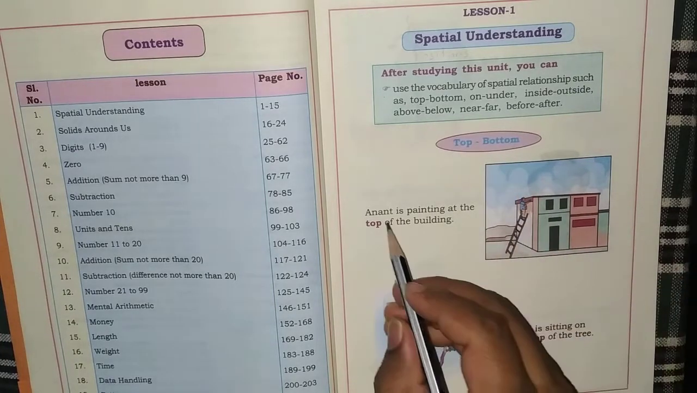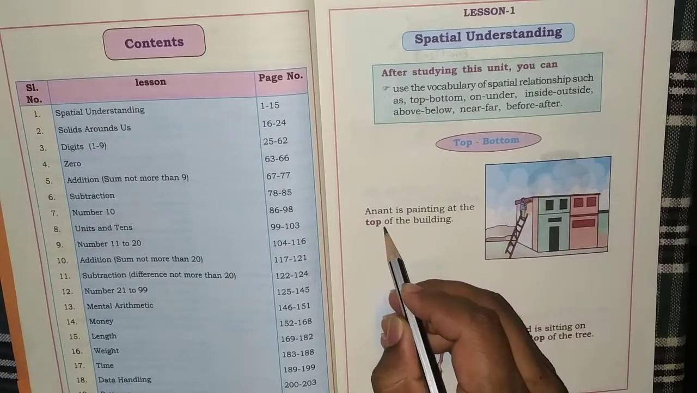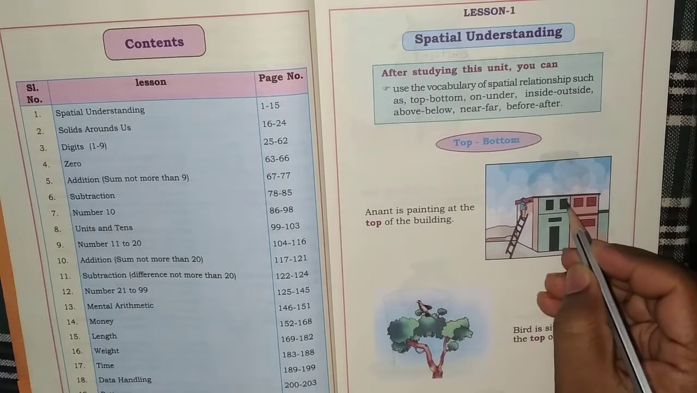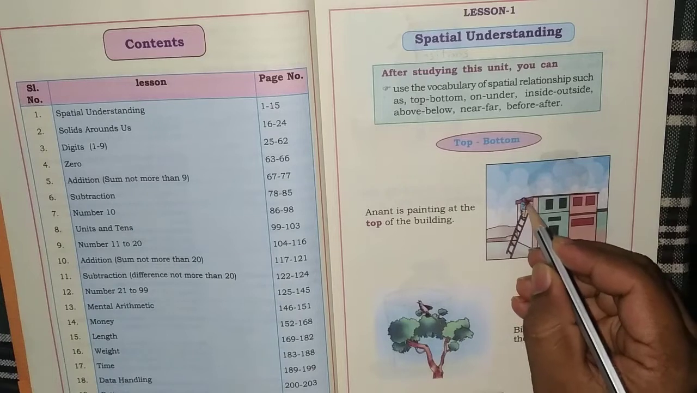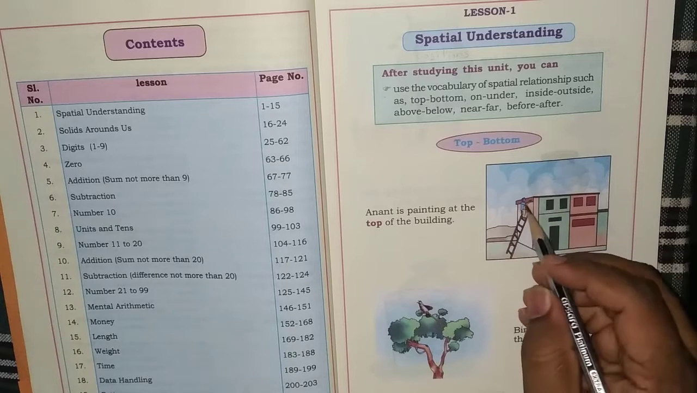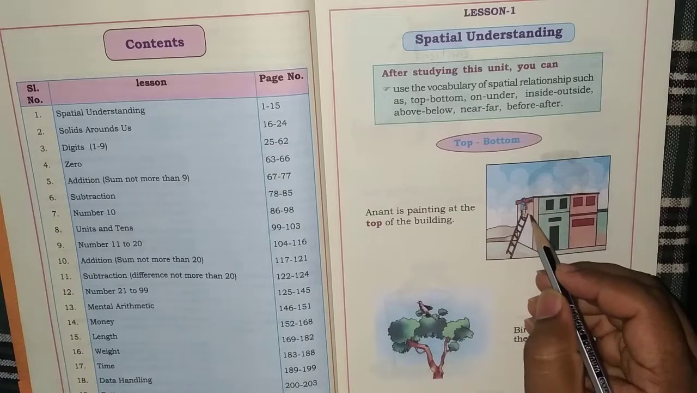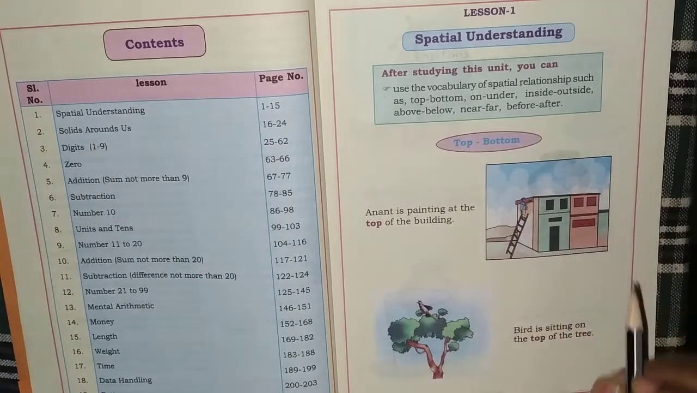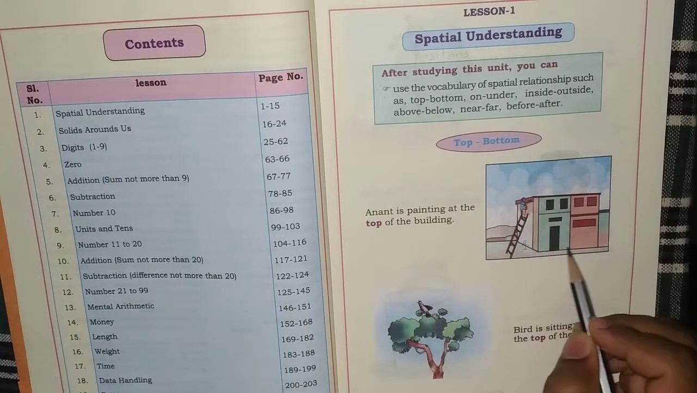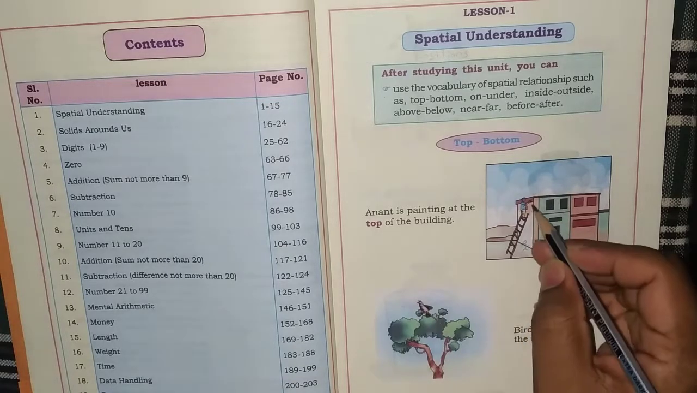Okay, here Anant is painting at the top of the building. So there is a building, and a person called Anant is painting at the top of the building. He is painting here, in this region. So this is the top of the building. If he is painting here, then we will say bottom of the building. Clear with this, kids? Top,